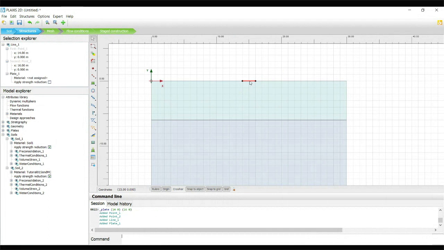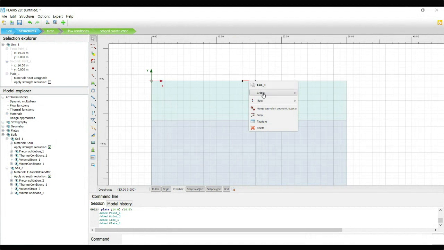Okay. So now we need to apply a pressure. Suppose we are going to apply a 100 kilonewton vertical downward direction. Right click on this element. There are multiple commands displayed. Go to create line load.